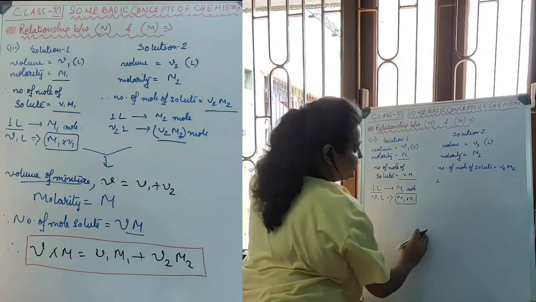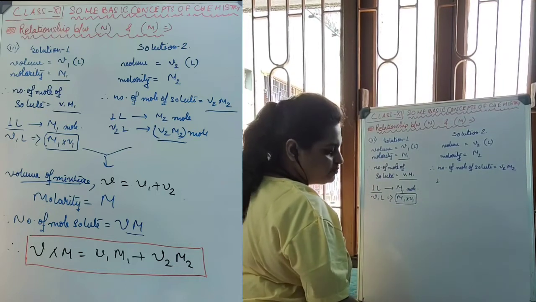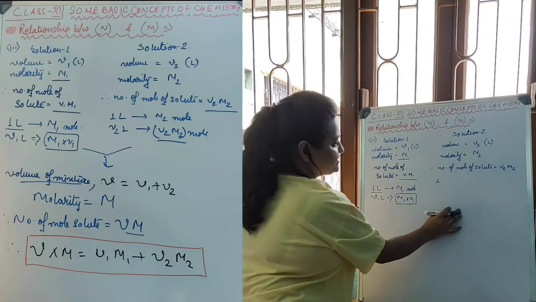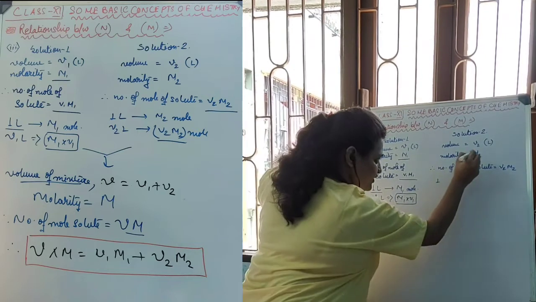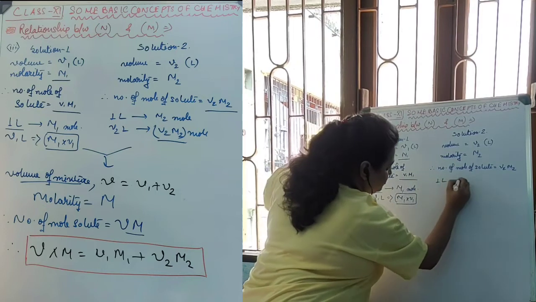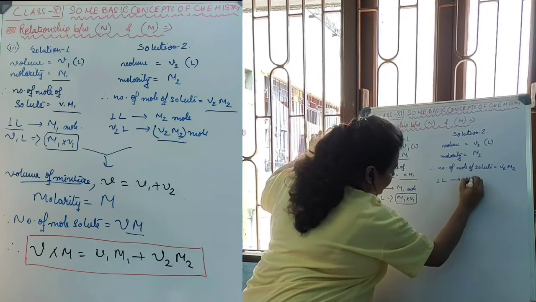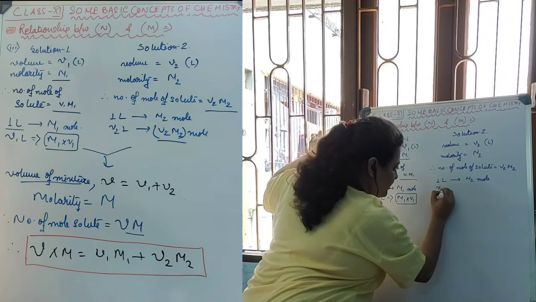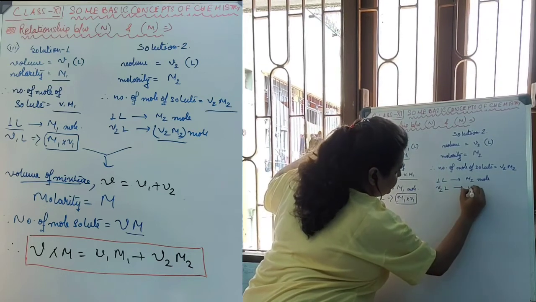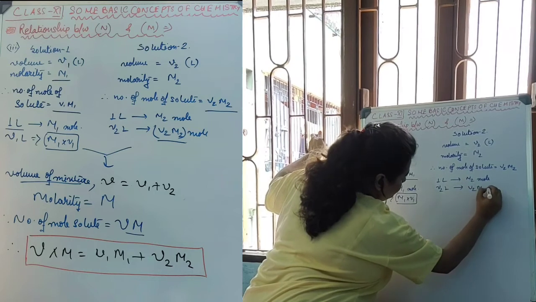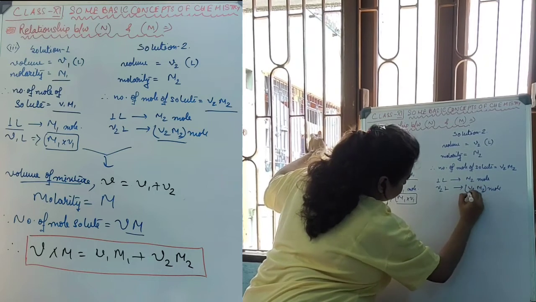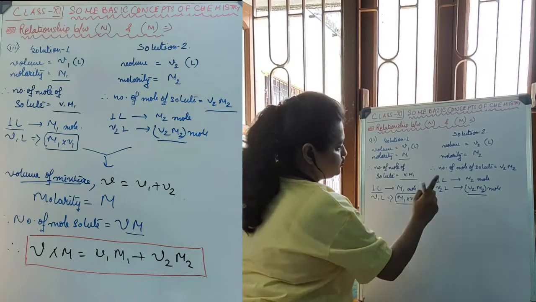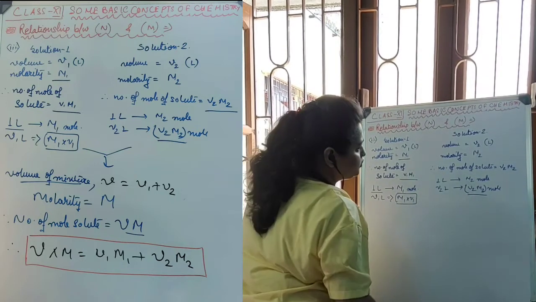Similarly, molarity is the number of moles of solute in 1 liter. Therefore, as the molarity of solution 2 is M2, we can say that 1 liter of solution 2 contains M2 moles of solute. Therefore, V2 liters of solution will contain V2 M2 moles of solute. So the